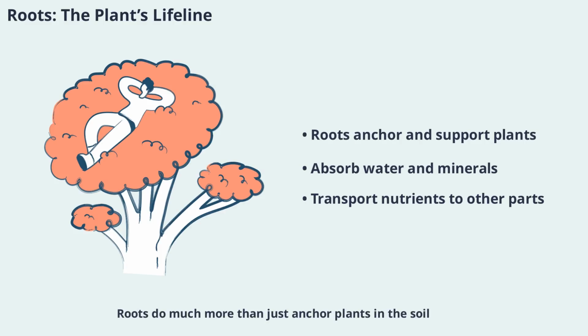Roots do much more than just anchor plants in the soil. Their most vital function is to absorb water and mineral nutrients from the soil and transport them to the stem, leaves, flowers, and fruits. This absorption is essential for the plant's survival, growth, and productivity. Without roots performing this life-supporting role, plants would not be able to access the resources they need to carry out their metabolic activities. Let's take a closer look at how roots serve as the plant's lifeline, ensuring a steady supply